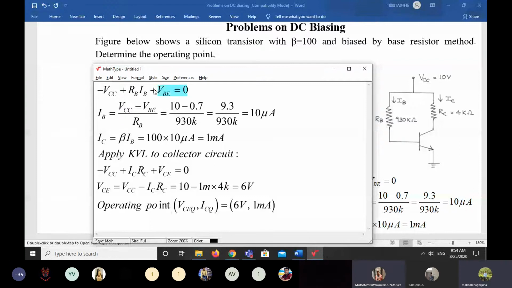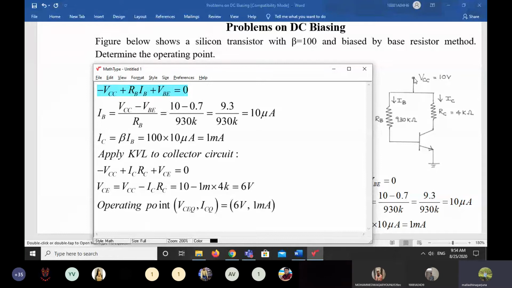See, both are different loops. From VCC, the current anyway comes to the ground finally, but the current will flow through RB and the current will flow through RC. If you take the loop considering IB, that current comes into the input loop. If you consider the IC circuit, that is a different circuit. So there are two paths: one is the base resistor path and the second one is the RC resistor path.